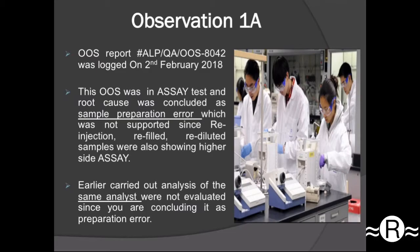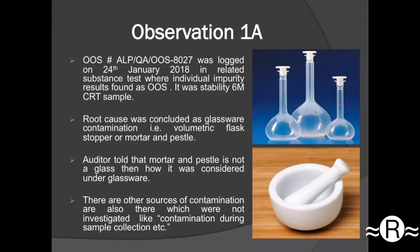The auditor gave the observation that you have not done any sort of impact assessment or evaluation for earlier released batches by the same analyst. The next OOS report which the auditor reviewed is 8027. This was logged on 24th of January 2018 in the related substance test where an individual impurity was having OOS. Actually it was a stability sample and the root cause for this OOS was concluded as glassware contamination,